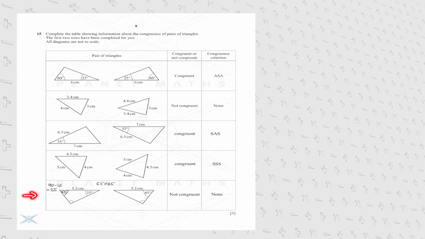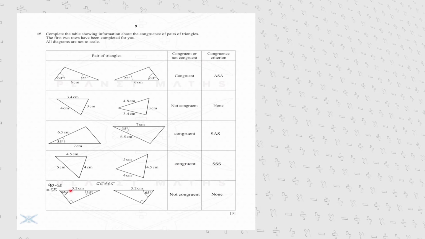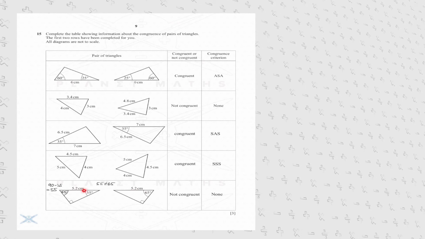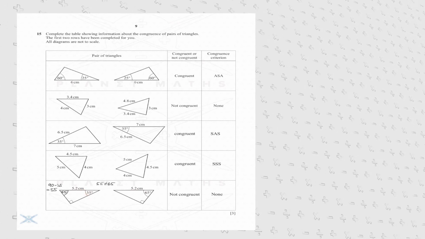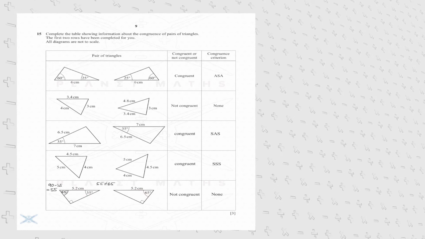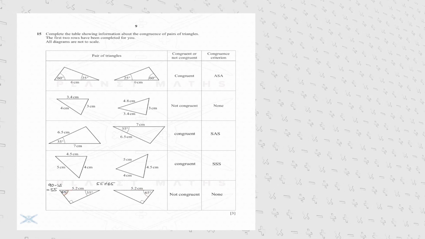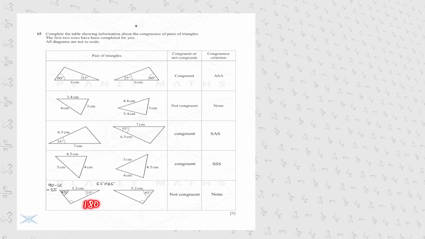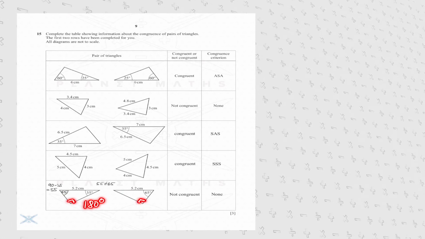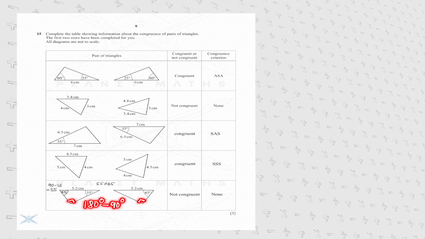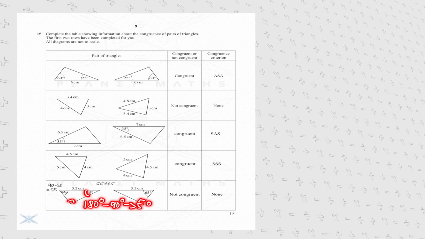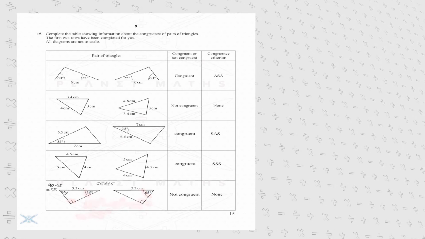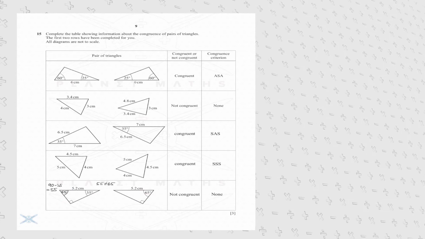congruent. As for the final pair of triangles, we are firstly provided that both of them have a hypotenuse of the same length, 5.2 centimeters, whereby the obtuse angle of one triangle is 35 degrees and that of the other one 65. So we need now to ensure that the remaining angles are also of the same size, and we can see that this is not the case. The reason being that the interior angle sum of a triangle is always 180 degrees. Here we have a right angle, same as the other triangle, so we subtract 90 degrees from it, and here we will subtract another 35 degrees from it, and then realize that we do not receive 65 in return, but rather 55 degrees. So since those two angles are not the same, we can conclude that those two triangles are